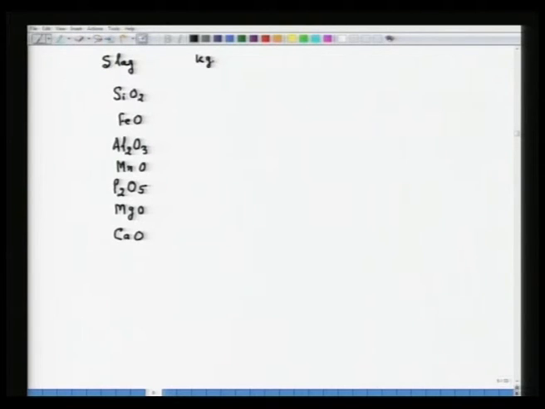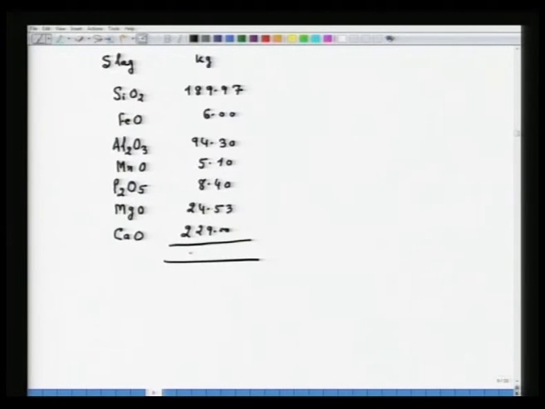So, their respective weights in kg: SiO2 189.97, FeO 6.00, Al2O3 94.30, MnO 5.10, P2O5 8.40, MgO 24.53 and calcium oxide is 229.00. So, that total will give you around